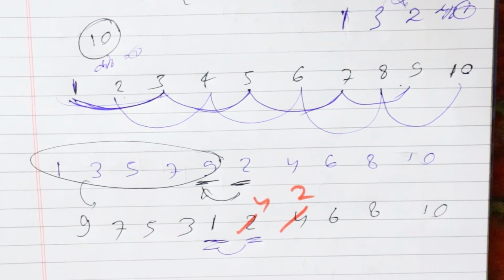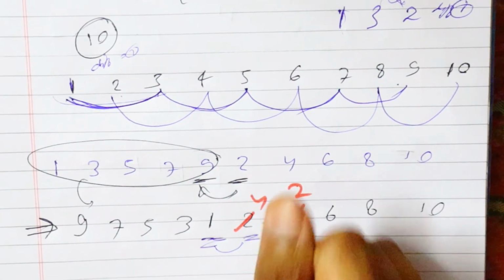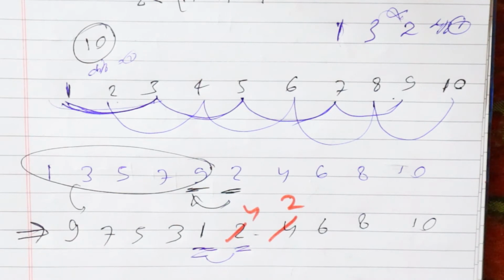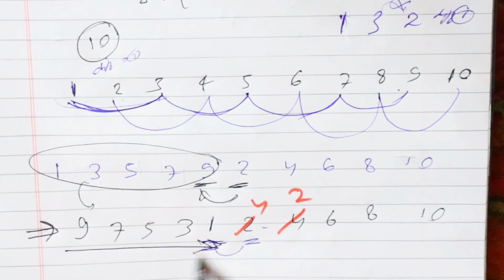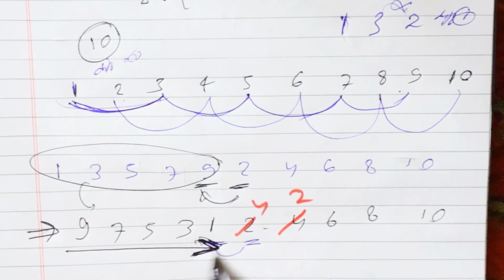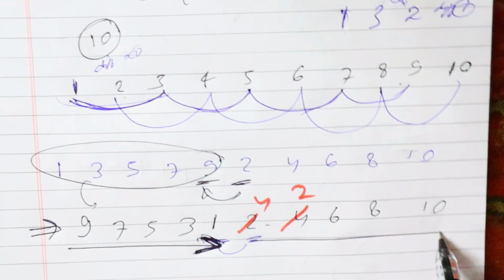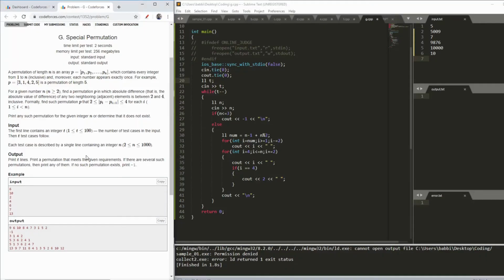Okay, fine. So in every case, what I will do is that I will write the odd elements here, and the first even element will be 4. The next even element will be 2, and after that I will move on in my series. So I will write my odd elements up till here, then I will move on in my series, and I will have my even elements like this. So yeah, it was a bit tricky, but worth the time.